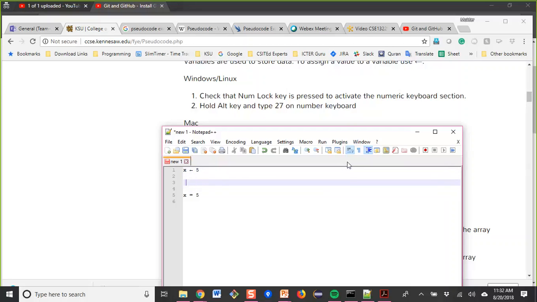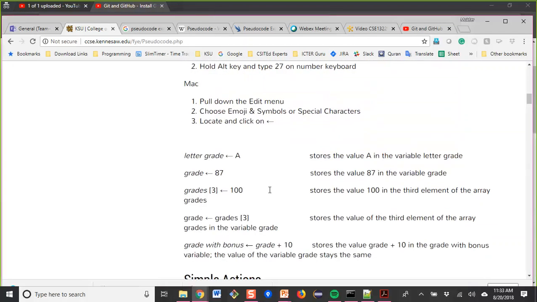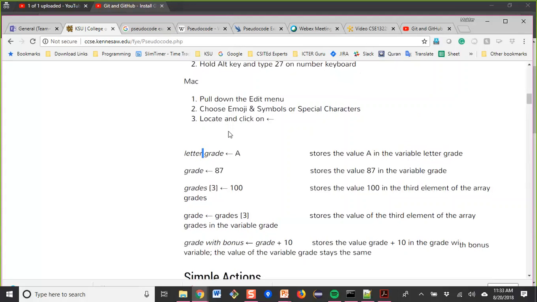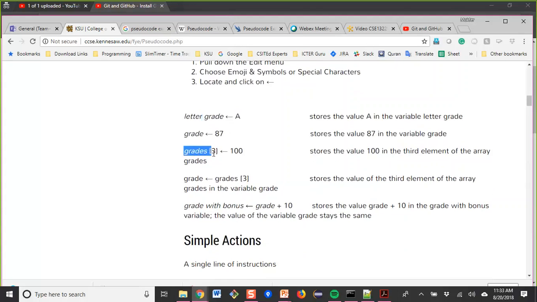Okay. So then by telling X back arrow 5, that means you are assigning X equal to 5. You are putting the value 5 on the placeholder X. Okay. So then it says letter grade, grade equal to 87. Actually, I prefer to use letter underscore grade in one word for one variable. It's grades. You see grades. Grade and grades are different here.